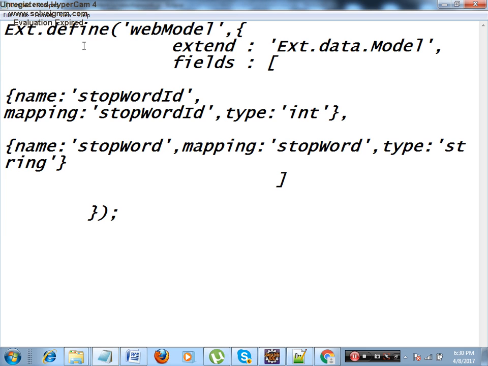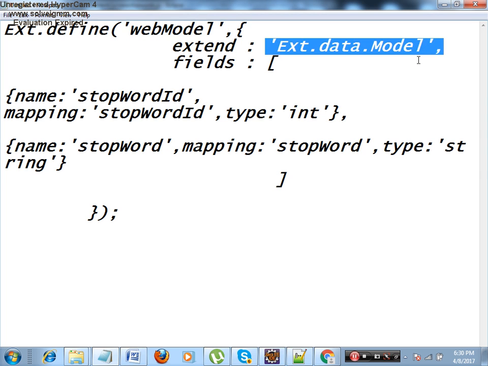How we define a model is Ext.define, which is equivalent to writing public class with a name, and then after that extend Ext.data.Model. This is a base class of EXTJS, like you say in Java, class Dog extends Animal. Correct? The base class is Animal, the child class is Dog.